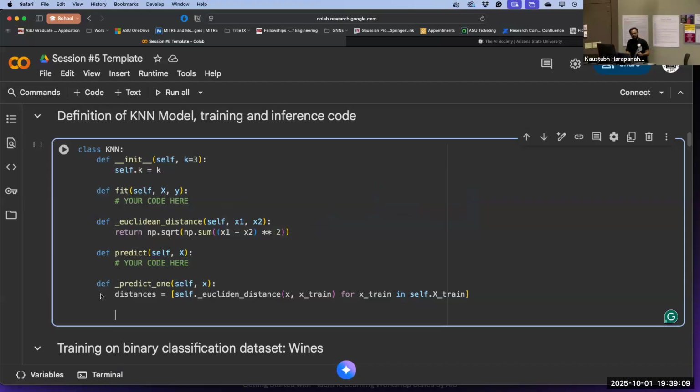With that defined, now we need to look at the k nearest neighbor locations. What are those data points that we can look at, right? So for that,